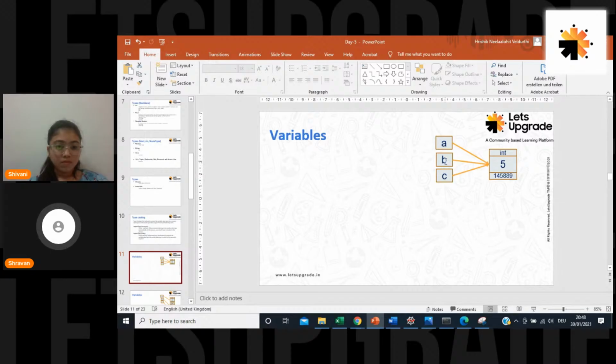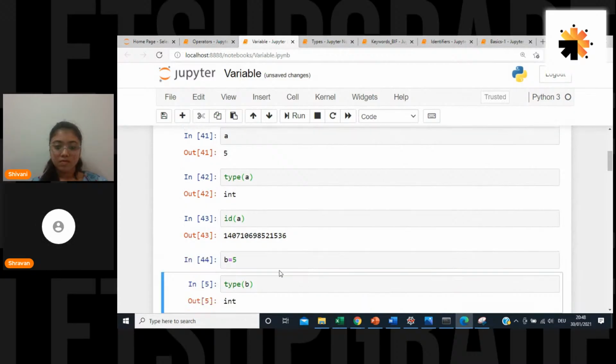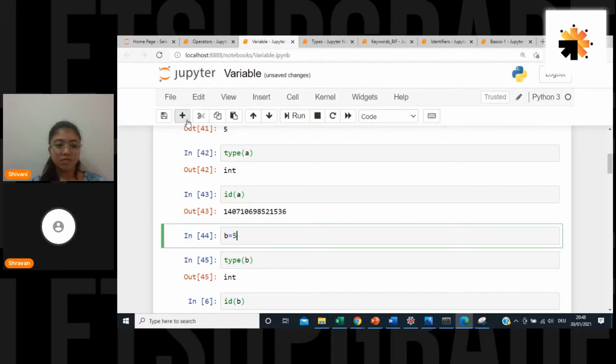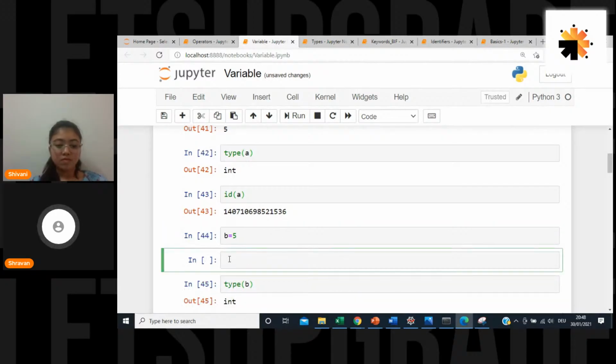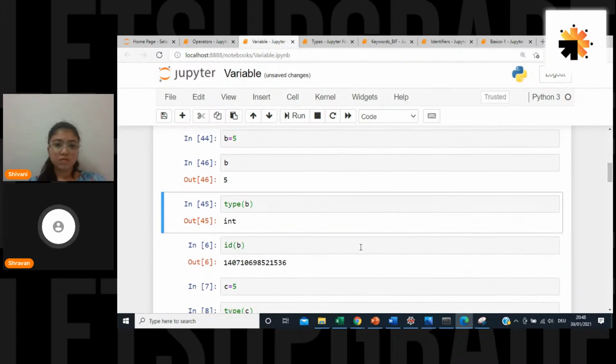Previously I referred to it with a, but now I wanted to refer to it with b. So go back to the code, and I'm telling b is equal to 5. Now I wanted to check the type of it. It is int. I wanted to check what is the value inside it, so I write b is equal to 5 and the type is int, and I wanted to get the ID of it.